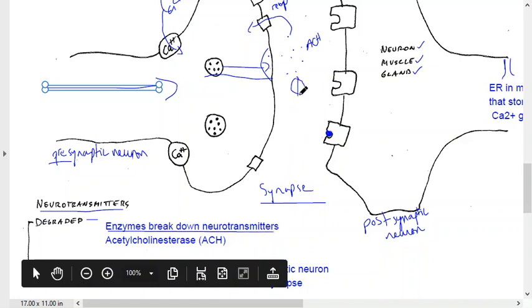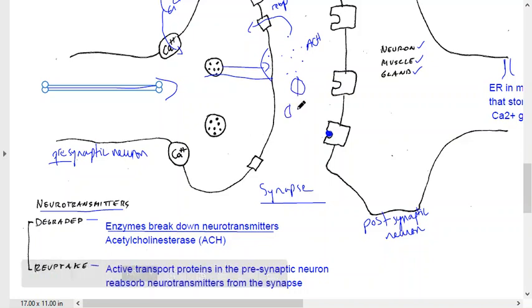It's going to break acetylcholine, let's just say in half, so that you get two little pieces. And then those two pieces are actively transported. They are pumped using ATP, this is active transport, back into the presynaptic neuron to be recycled,